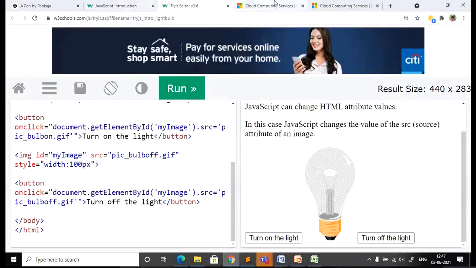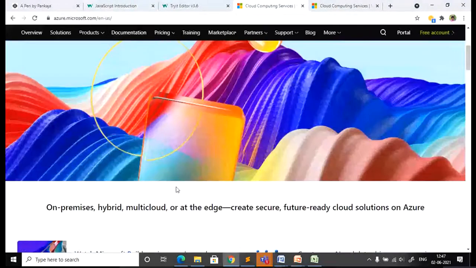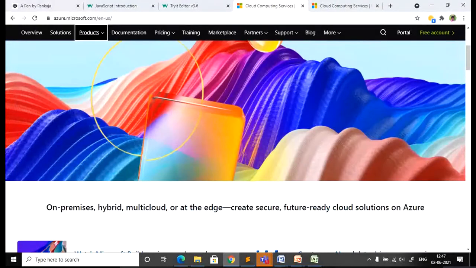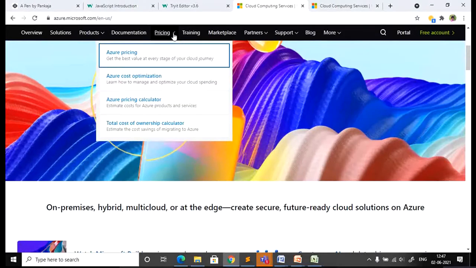When you go to a website and move the cursor to a particular text, you can see an underline immediately formed. If I click on this arrow, I get a lot of information. All this comes under the presentation layer. Whatever design or changes you can see, you put JavaScript code to perform all these things.